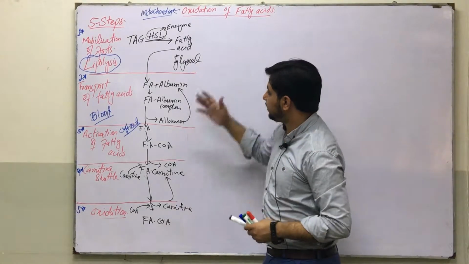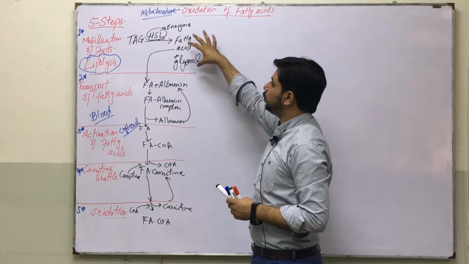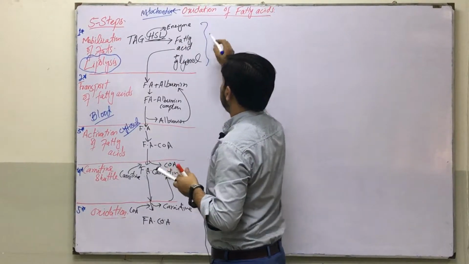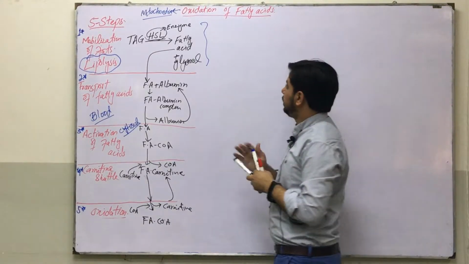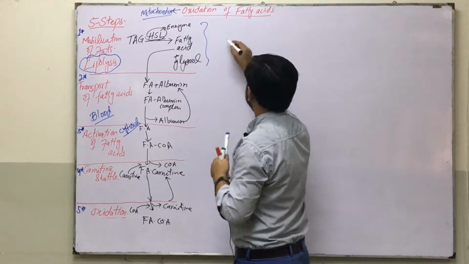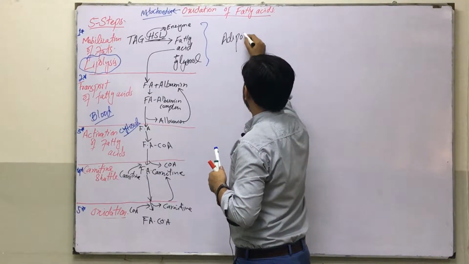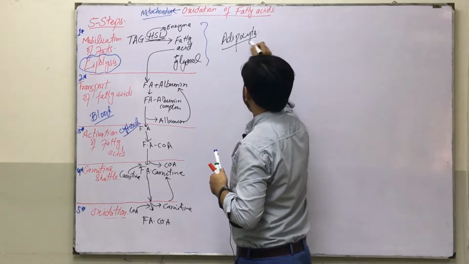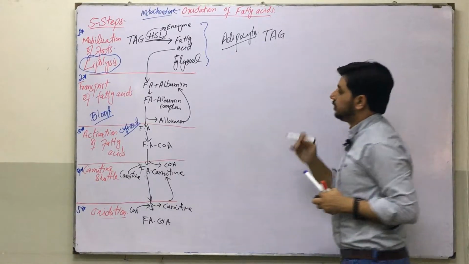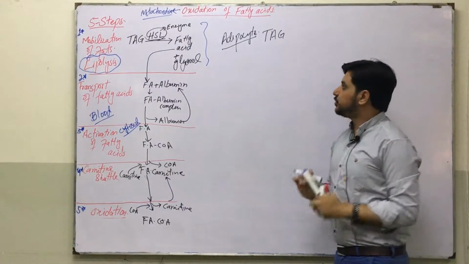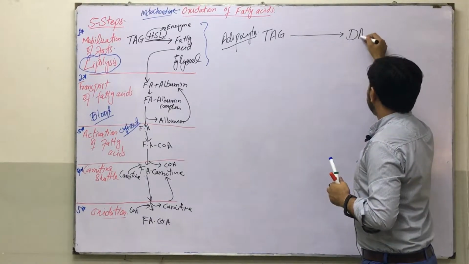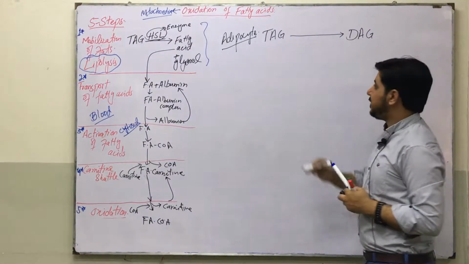As I have told you that this is a 5-step process, first I will explain you the first step in full detail. For example, here we have a cell, an adipocyte, and in the adipocyte we have triacylglycerol. This triacylglycerol is converted into diacylglycerol, and the enzyme involved here is